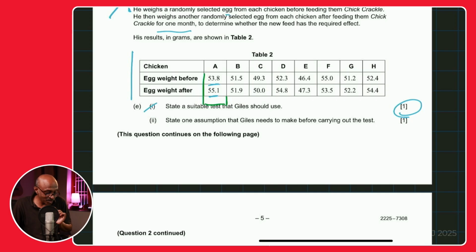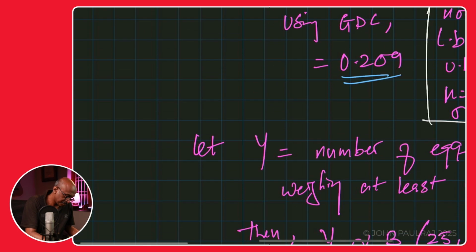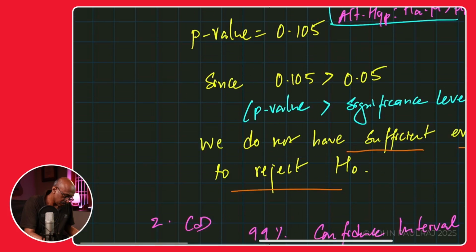So what we are actually going to do is a paired t-test, and it'll boil down to 1 sample because we're going to do the difference, the weight after and the weight before. Let me just see how I can write this down in 1 sentence for 1 point. This is 2E, and they have not asked to explain the reason why. If they said so, then you should have said that. So we will use